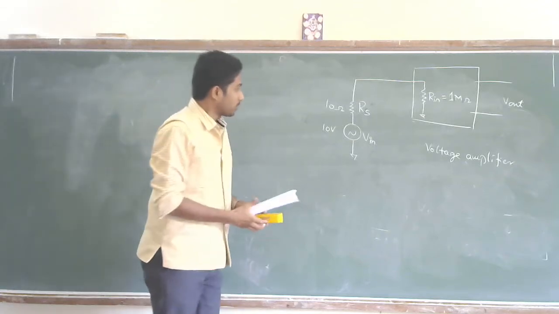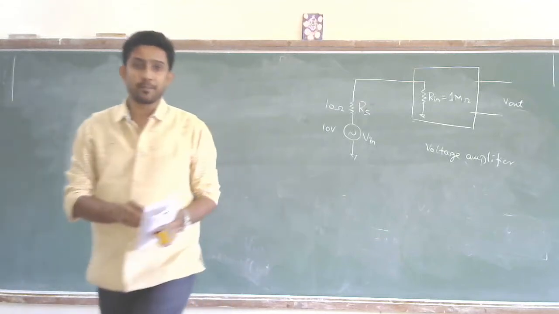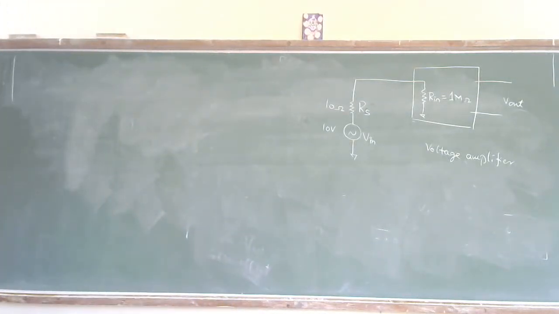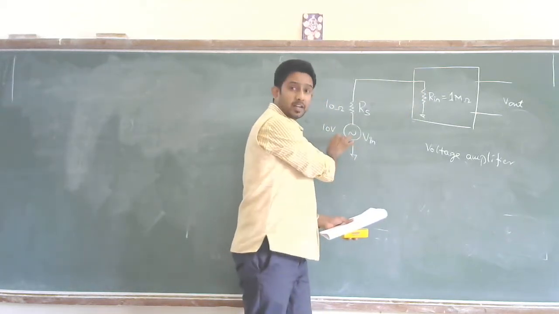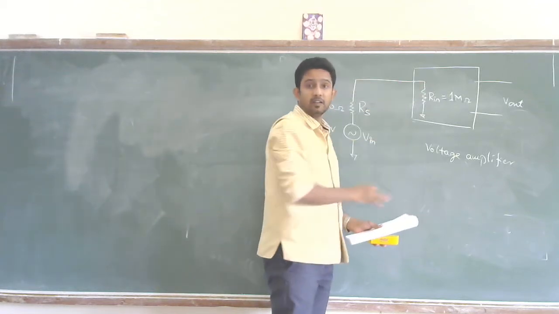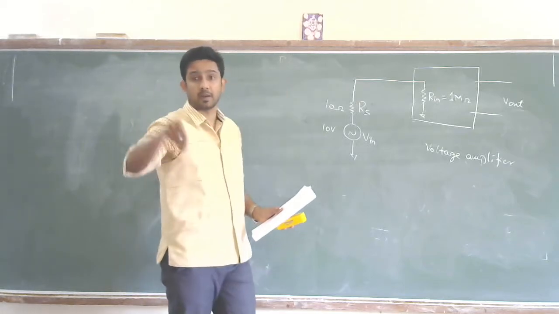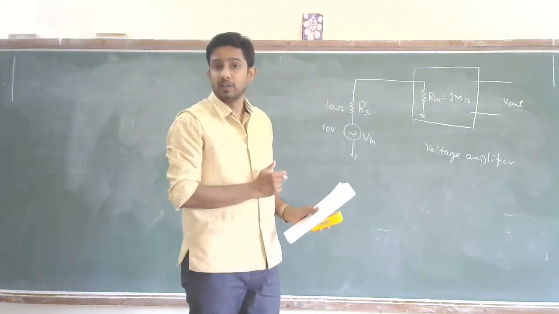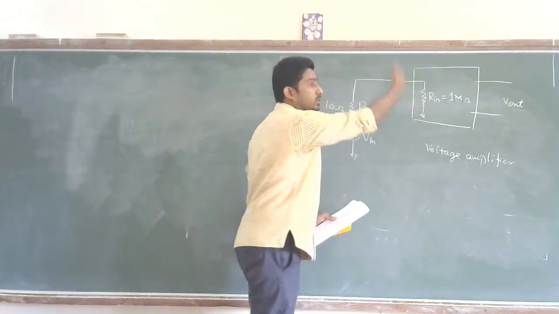Fine. Here when I say input voltage is 10 volts, it becomes very important for me to understand: I gave an input voltage of 10 volt, but is the entire 10 volt entering the amplifier or not? I need to check that, because if less than 10 volt enters, then this becomes a bad setup. Right? So I should ensure what amount of voltage is entering this amplifier block.